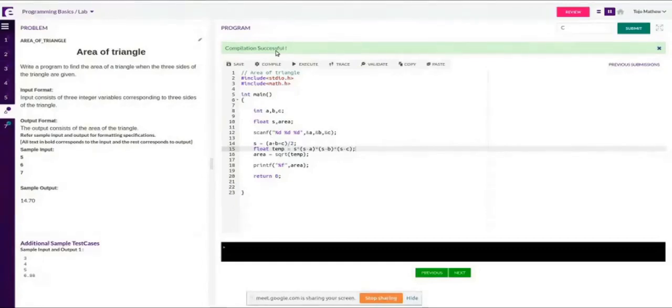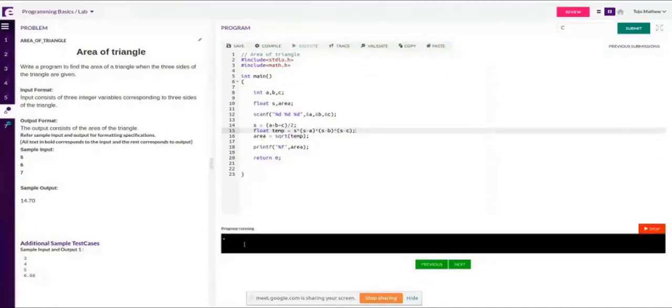Now compilation is done. What I have to do is execute it at least once before proceeding to the further stages. So I'll execute my code. When I'm executing, I'm getting the console here, like in the classroom demonstration. Here it is not doing anything. That means it is waiting for the user to enter the data. So I enter 3 values separated by space, which are essentially the sides of the triangle. After that, I press enter.